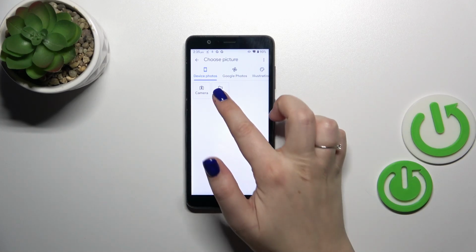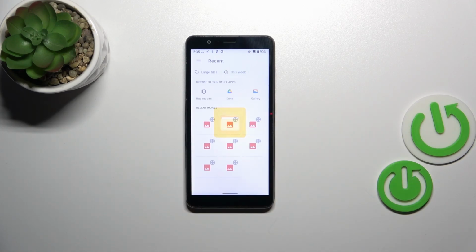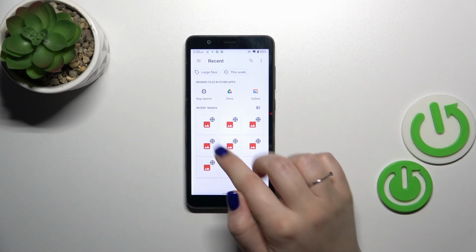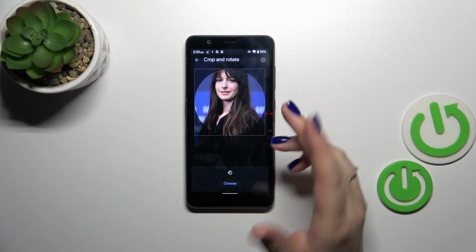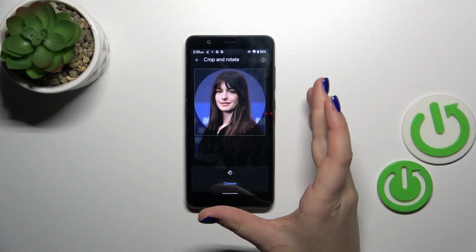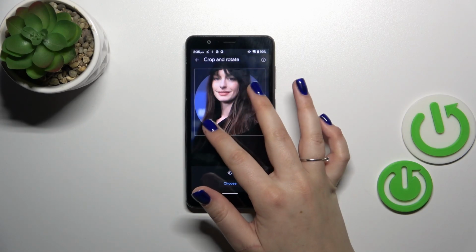So let me maybe pick the gallery. Simply we will find the photo. Yeah, I'd like to check what kind of photo this is. Okay, that's all right. So simply tap on the photo and here in this step you can zoom in or